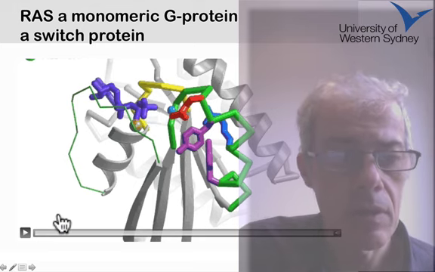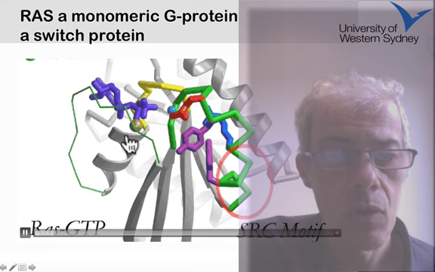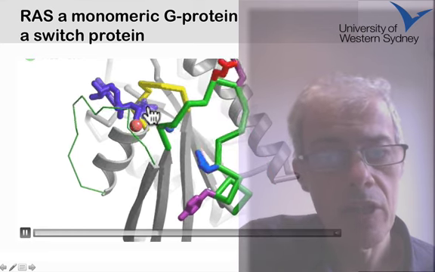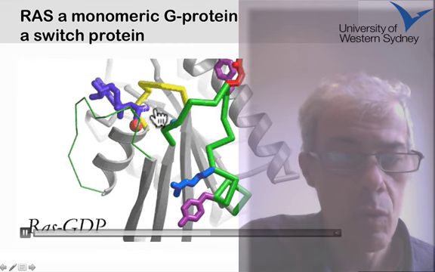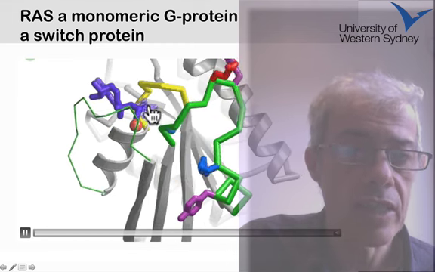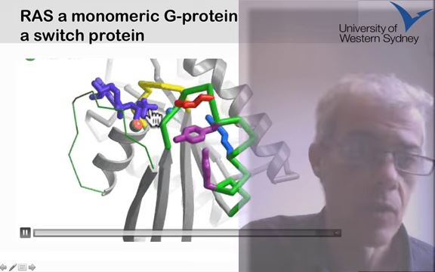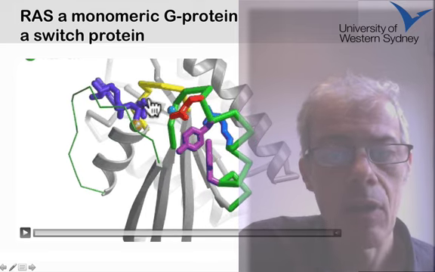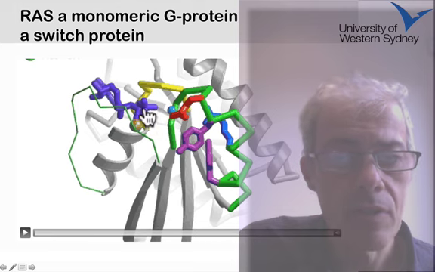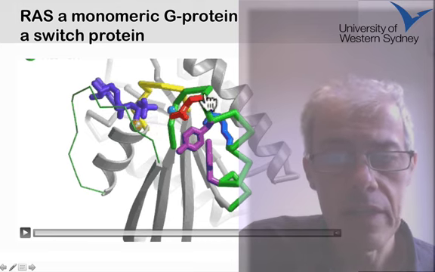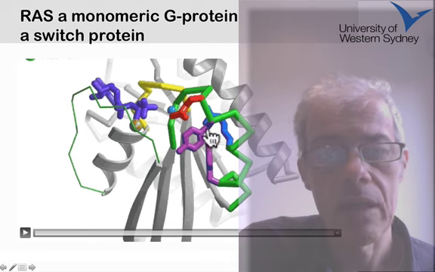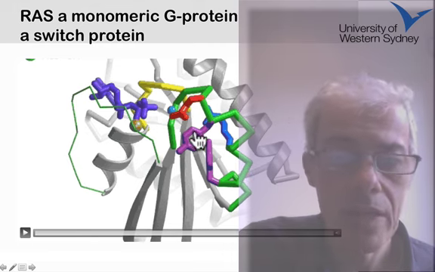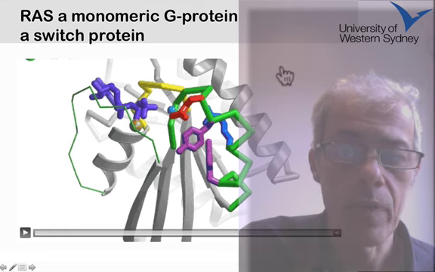So the protein starts off with a GTP, and then it shows you when the GTP is exchanged for GDP, there's a switch, and then it's switching back to the GTP form. So this is just an animation showing how the presence or absence of this phosphate group leads to a change in structure of the protein, and various residues on the RAS are then exposed or hidden, leading to its change